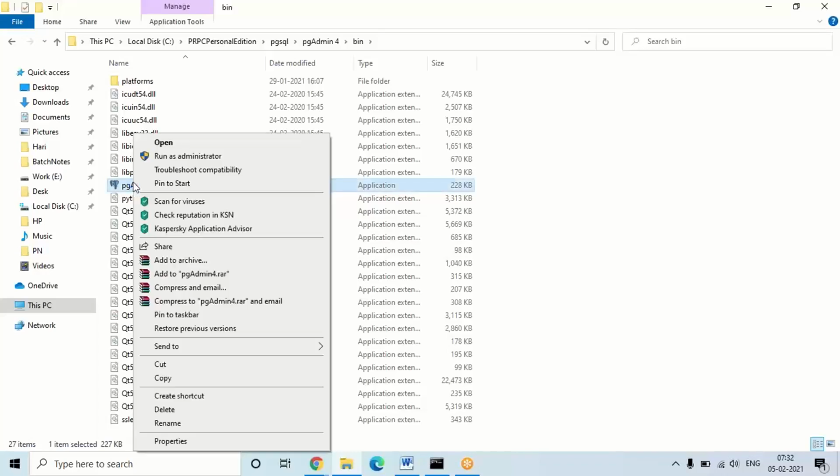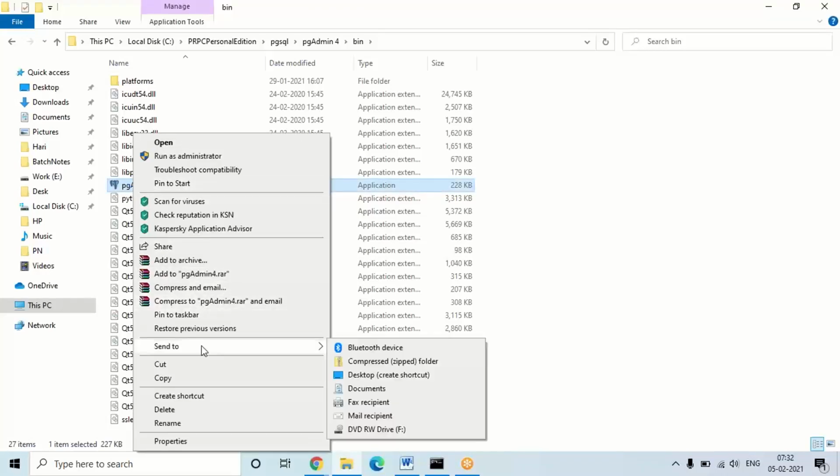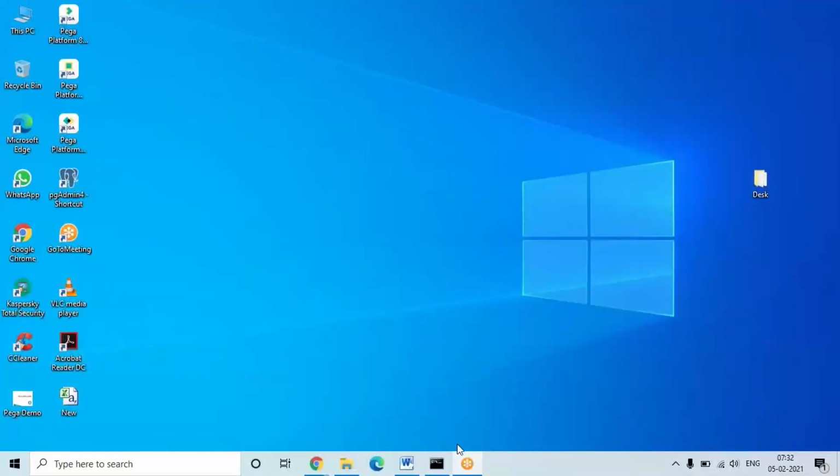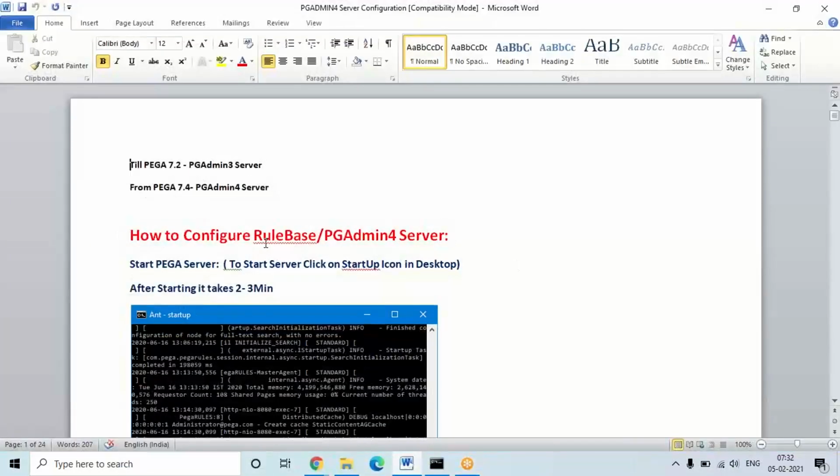I think you know that. Right-click on it, choose Send to, and you'll have the option Desktop (create shortcut). If you select this, the shortcut will be created automatically. I'll discuss the same thing in the document. The purpose of what we are going to configure you'll understand after two or three classes, so don't worry about the purpose now. I'm just discussing the setup.